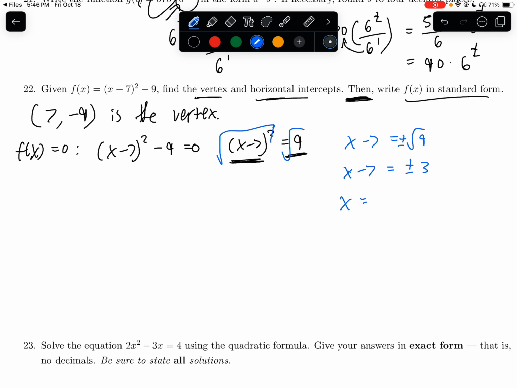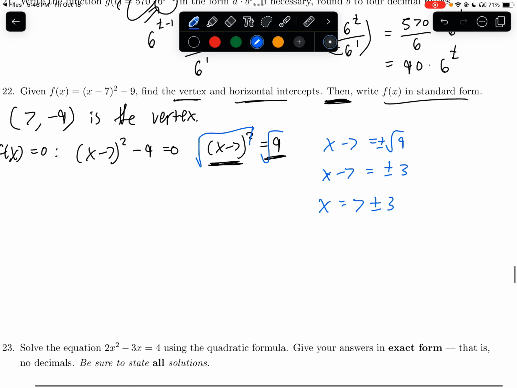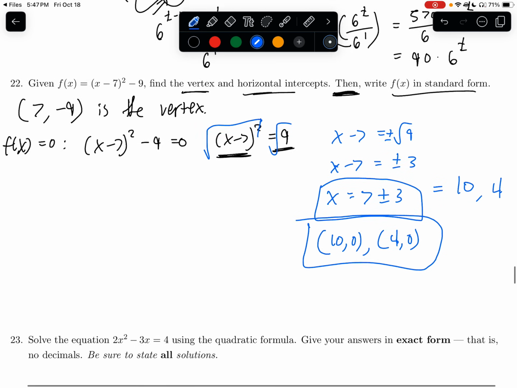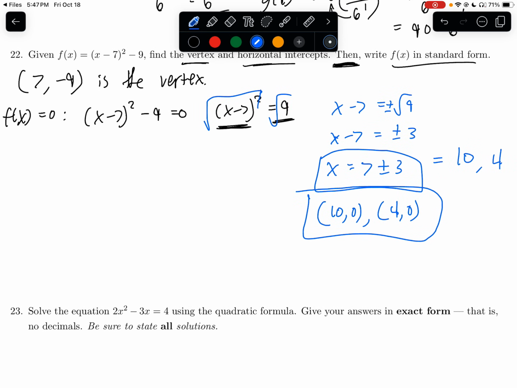And I can add 7 to both sides, so I would have 7 plus or minus 3, which is true, but I could write this as, well, 7 plus 3 is 10, and 7 minus 3 is 4. And so the two horizontal intercepts are at 10, 0, and at 4, 0 as ordered pairs. If these involve radicals, you could leave them as radicals, but here we just know that the square root of 9 is 3. So if we want to put it into standard form,